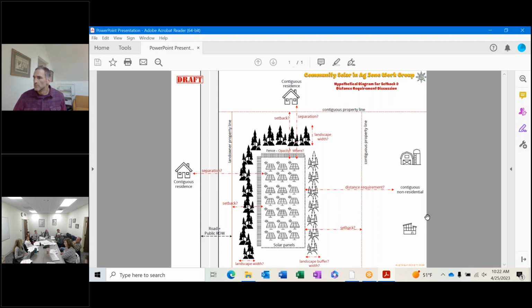So our intent, just to fast forward as to what Brenda and I have talked about as processes and how we're going to wrap this up, is once we finish the meeting, we're going to develop a report and a presentation, and we'll provide that to you all to take a look at, to make sure that we've captured everything. We then talked about having a work session with the commissioners, and we would invite you all to be there also, so they can hear directly from you as far as those opinions. The commissioners would then make a decision, like what are the aspects that they think are appropriate or not appropriate, and so on.